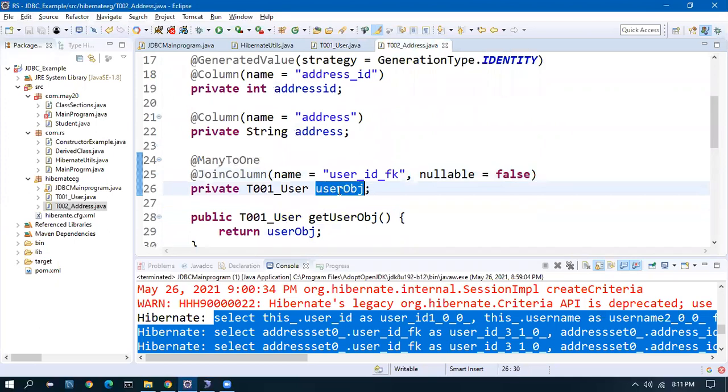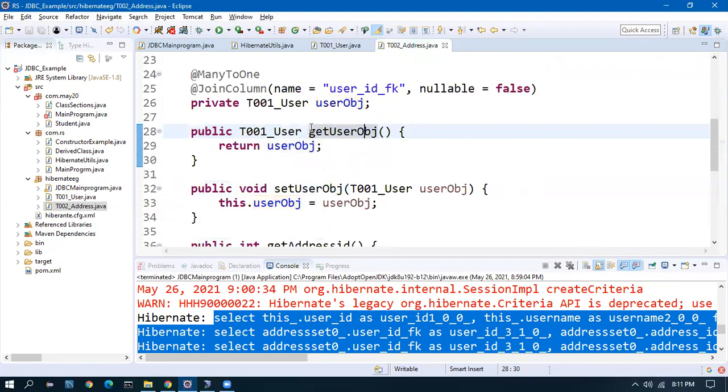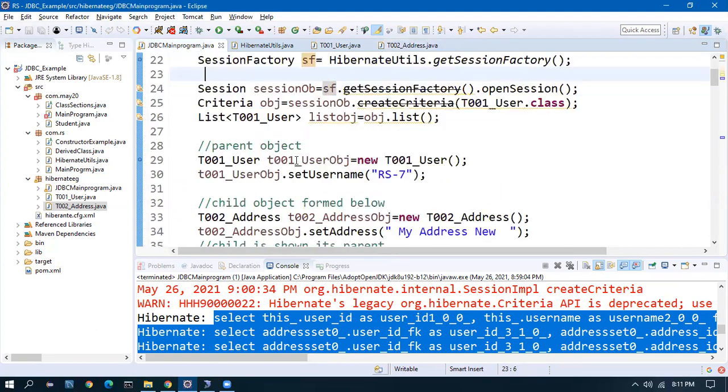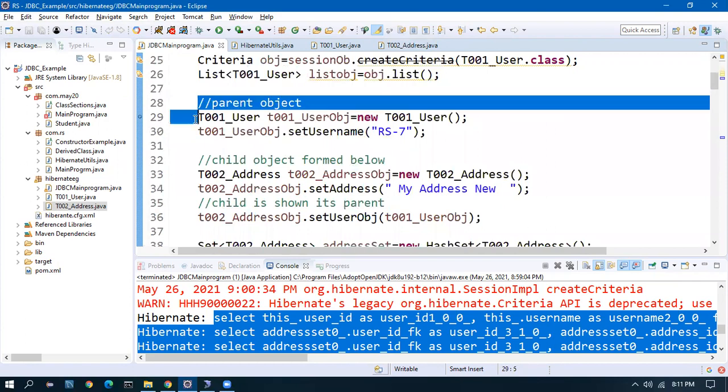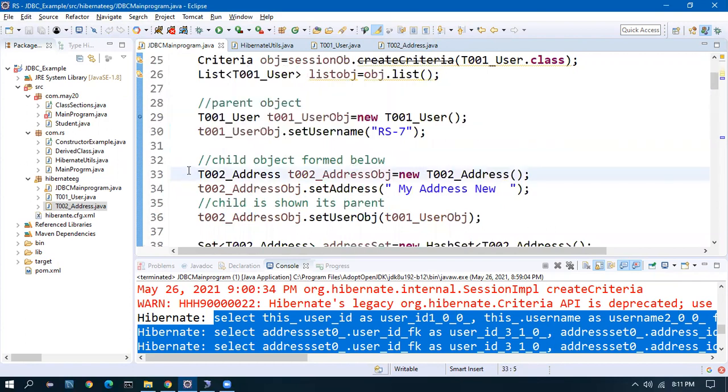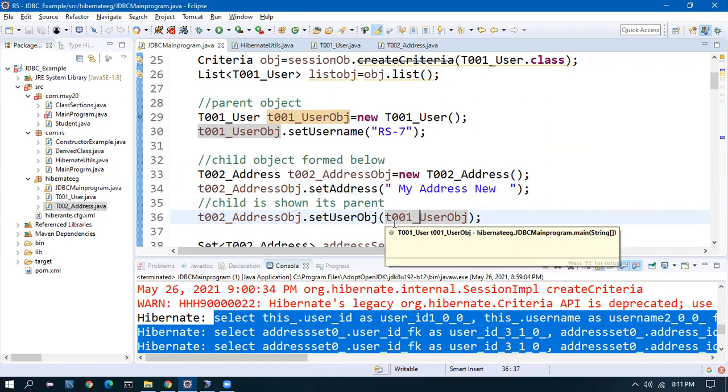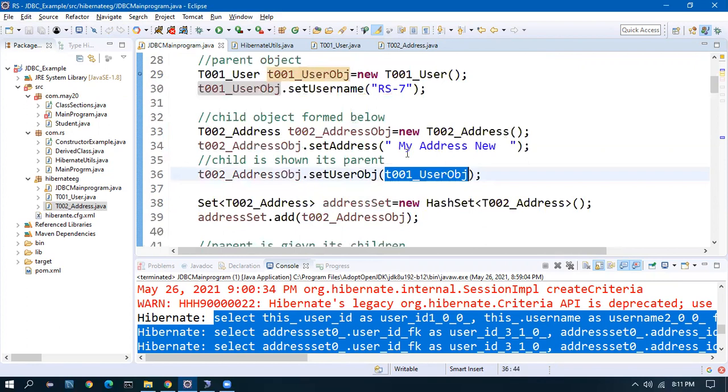Okay. Now this is as an object. And we saw that we are creating a parent-child relationship. So we form a parent object. We form a child object. To the child object, we tell which is its parent. Give the user object without the ID, because the ID will be created freshly. We don't know what the primary key is, but whatever it may be, this is your parent. So it is Hibernate's responsibility to update the ID in the address table automatically.